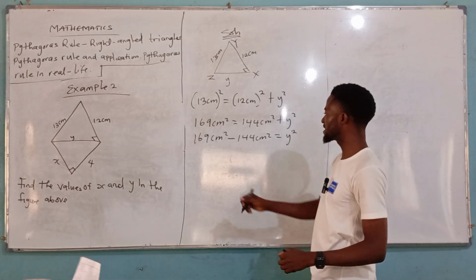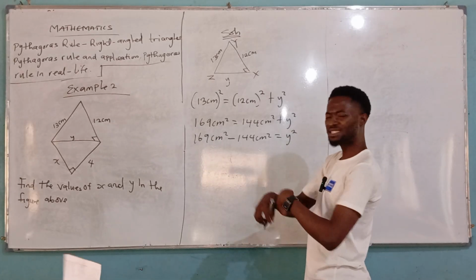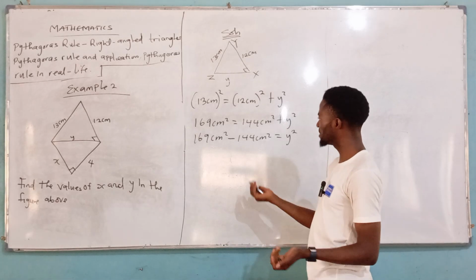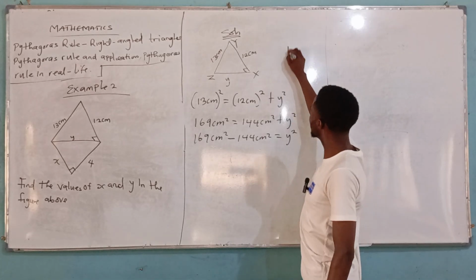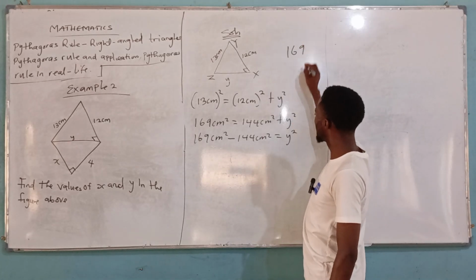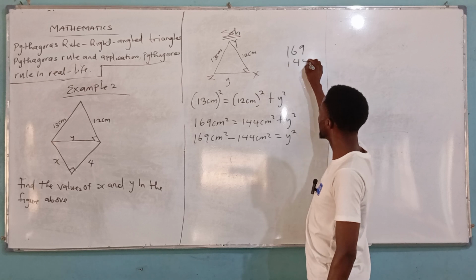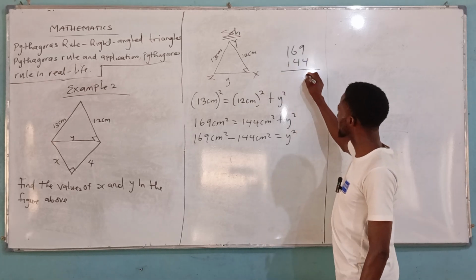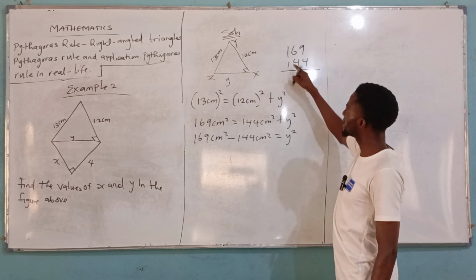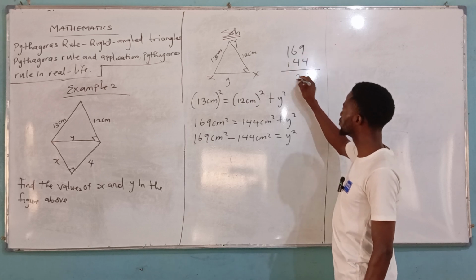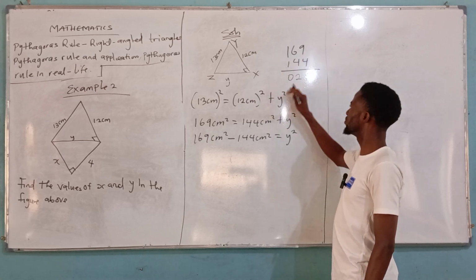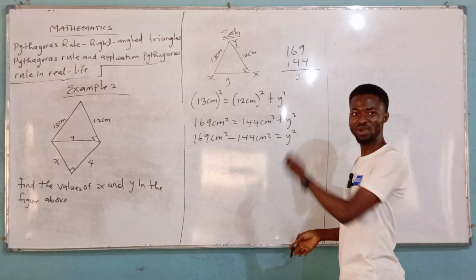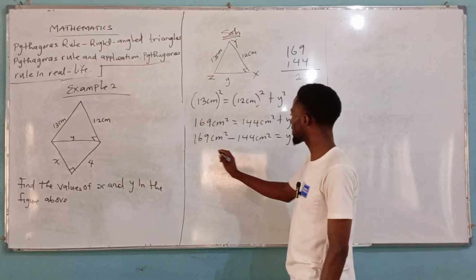And then subtracting this, this plus this, you can decide to do it manually. If we have 169 and 144, this minus this, we are left with 5. This minus this, we are left with 2. This minus this is 0, which is not necessarily important. We are left with 25. So we can say